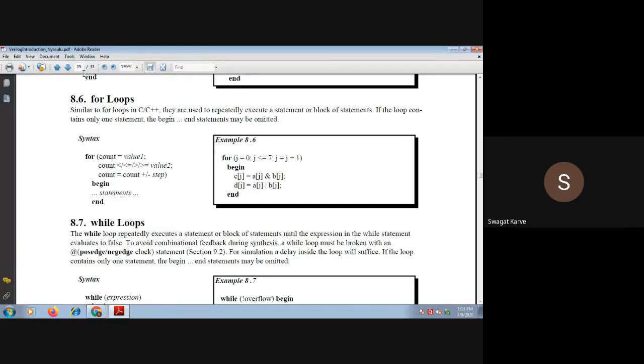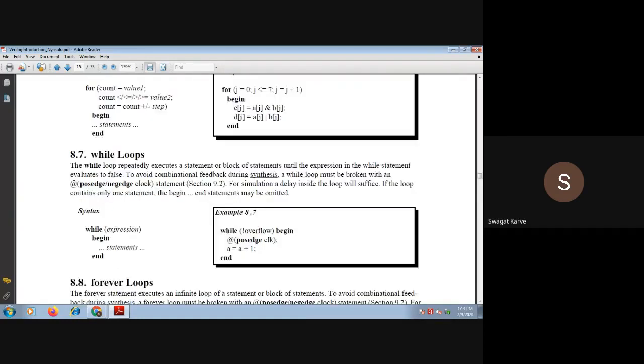The example is this: for j is equal to 0, that means j is a count, then j is less than or equal to 7. This is the condition we have written, and the action is j is equal to j plus 1. That means j will increment by 1 as long as its value is less than 7. So in this way, you have to write the for loop.